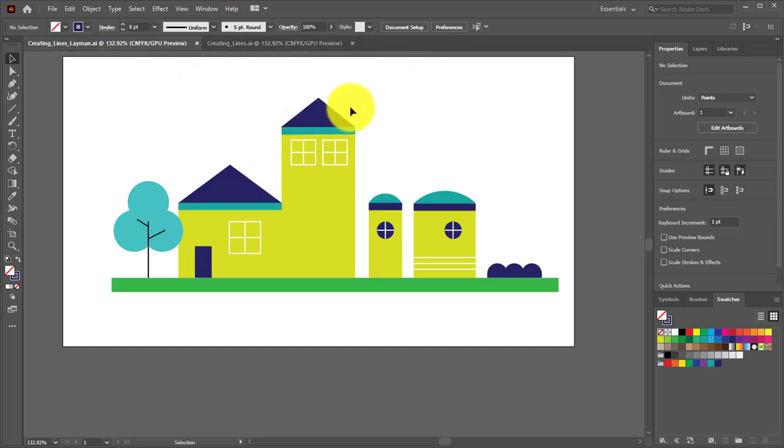And as you can see, we're going to add in some lines for the window. We're going to add in this line here at the very bottom, and add in some additional lines here and there. Starting off with,